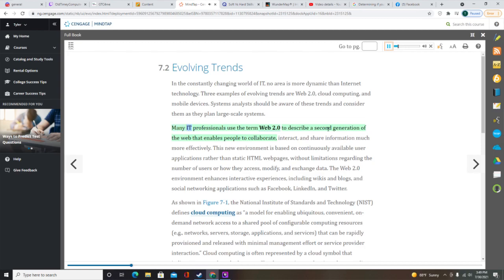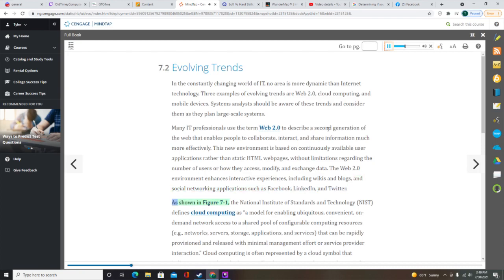Many IT professionals use the term Web 2.0 to describe a second generation of the web that enables people to collaborate, interact, and share information much more effectively. This new environment is based on continuously available user applications rather than static HTML web pages, without limitations regarding the number of users or how they access, modify, and exchange data. The Web 2.0 environment enhances interactive experiences, including wikis and blogs, and social networking applications such as Facebook, LinkedIn, and